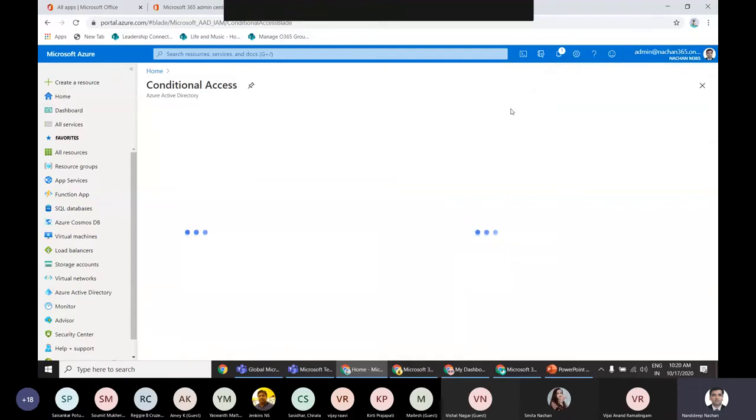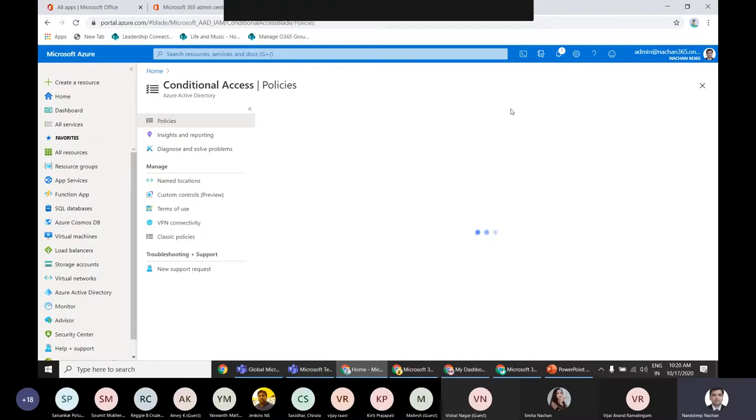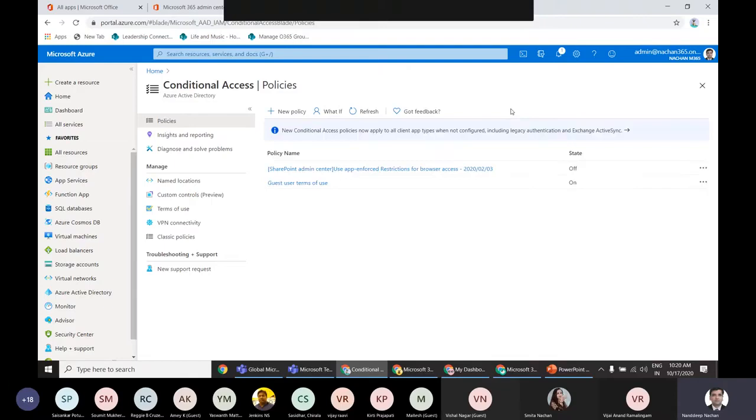In this conditional access, there are various options for how you want to give the controls to everyone and what kind of access they will have. So you define the conditions here, and with those conditions, you will be able to give access to your users.